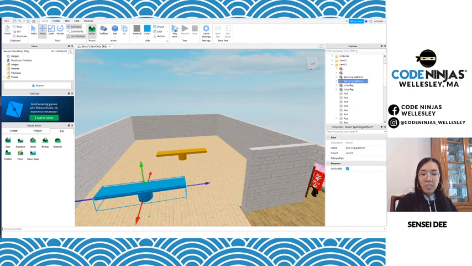Sensei to me, Dojo Obby. So yeah, you see that it's Sensei Demi's Dojo Obby. I'm probably not going to publish it as that name. It's probably going to be like